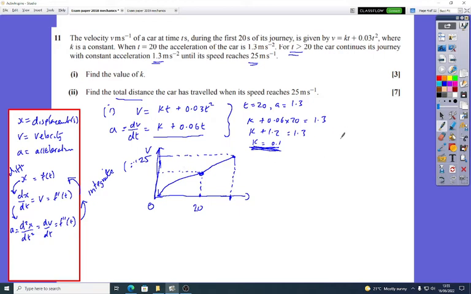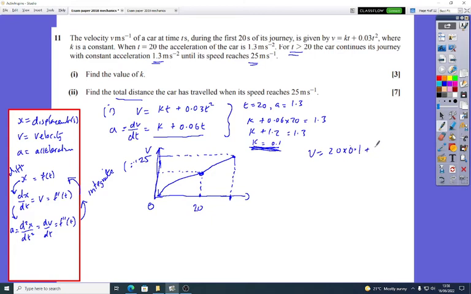So at that point we can say the velocity when it's 20 is going to be 20, no, let's just do it here, 20 times 1.3, no wait, is it 0.1, k is 0.1,